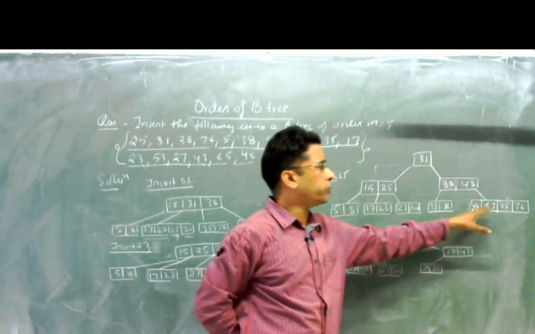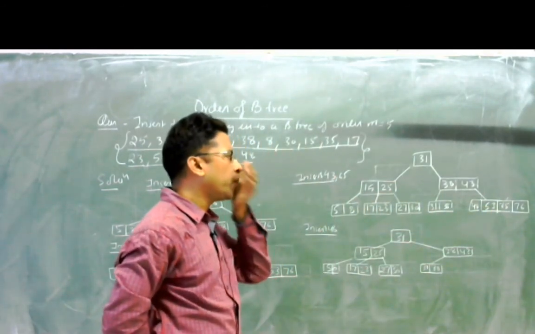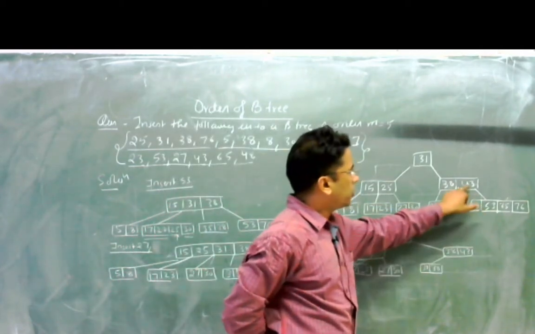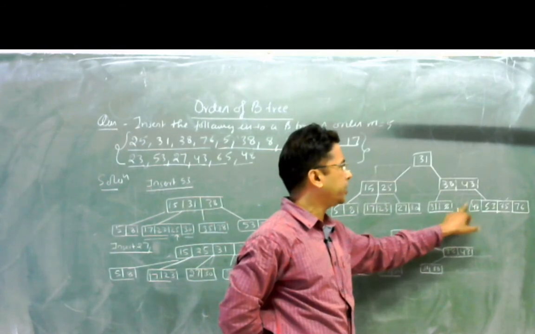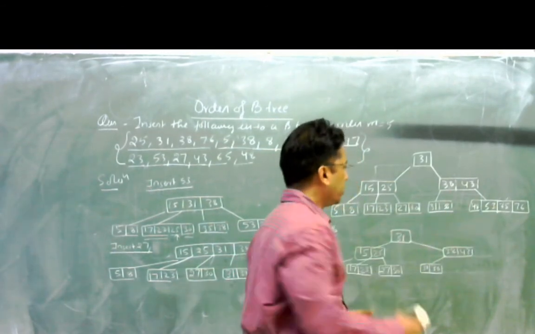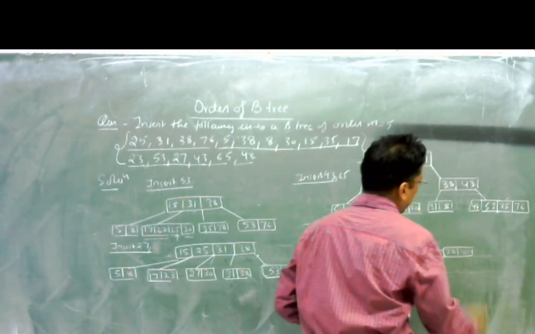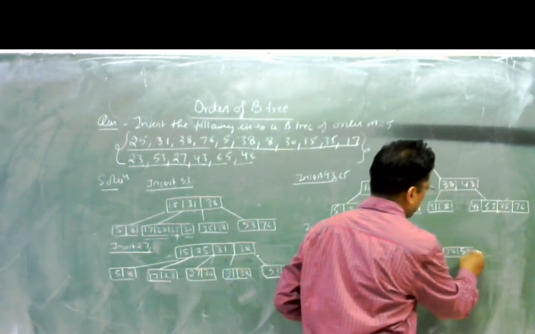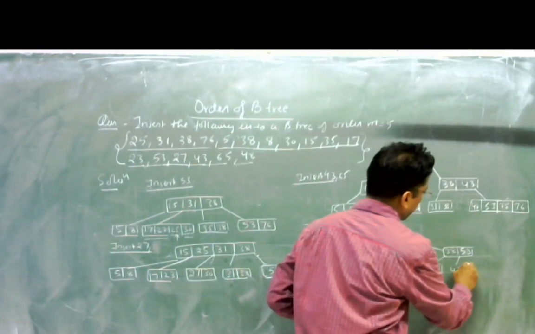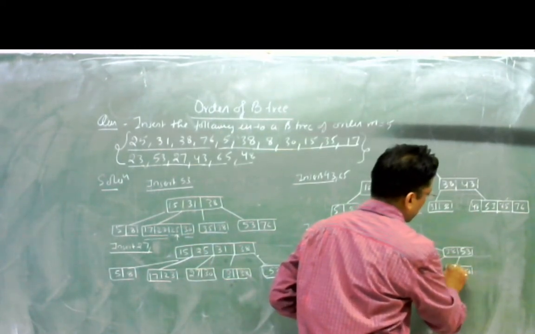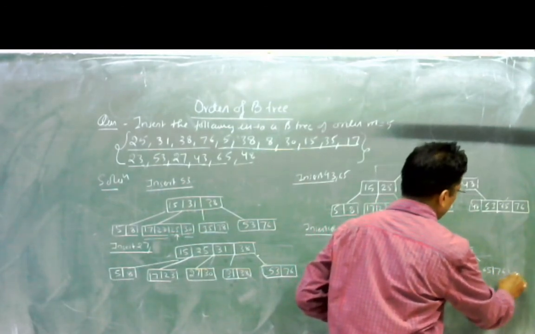In that situation it will try to balance the tree, and for balancing, what it will do is shift 43 and 48 as the left child of 53. So at this position 53 would shift here, and after that 43 and 48, and to the right of it 65 and 76.